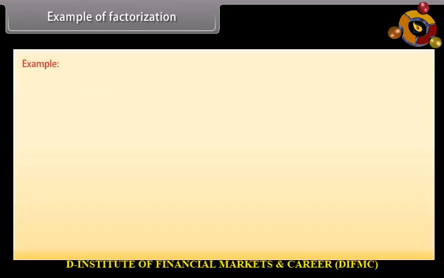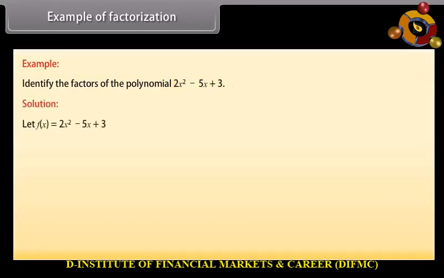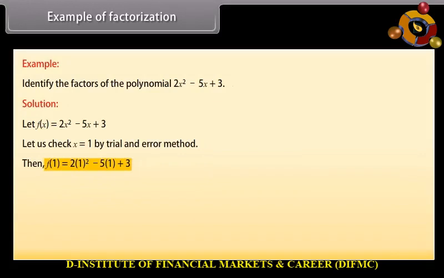Example of factorization. Example. Identify the factors of the polynomial 2x^2 - 5x + 3. Solution. Let f(x) be equal to 2x^2 - 5x + 3. Let us check x equal to 1 by trial and error method. Then f(1) is equal to 2 - 5 + 3, which equals